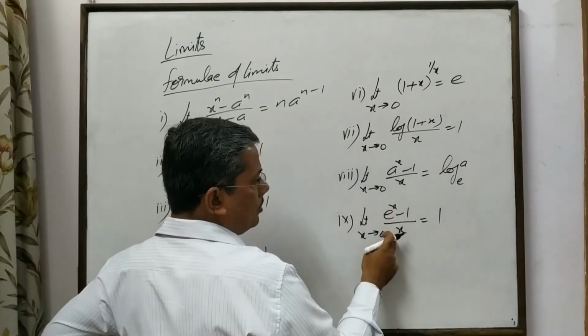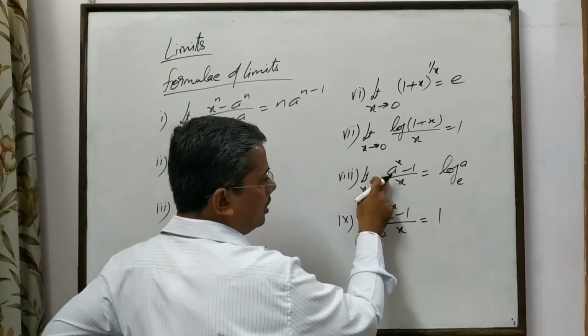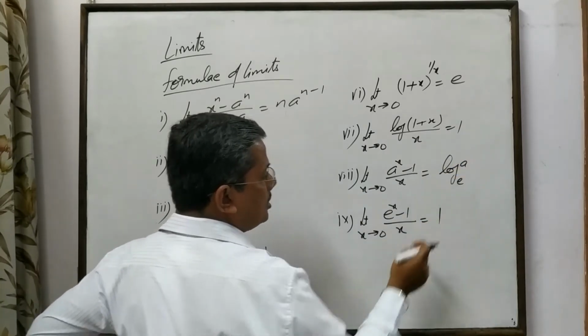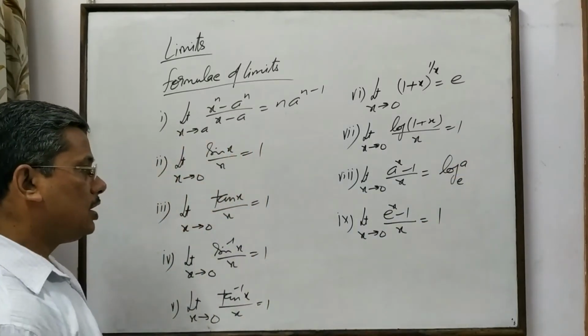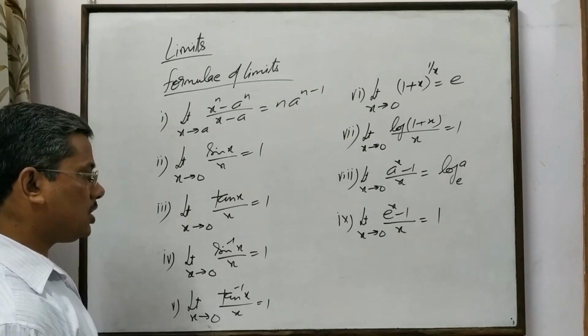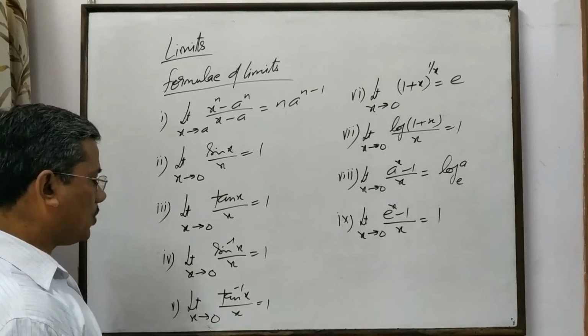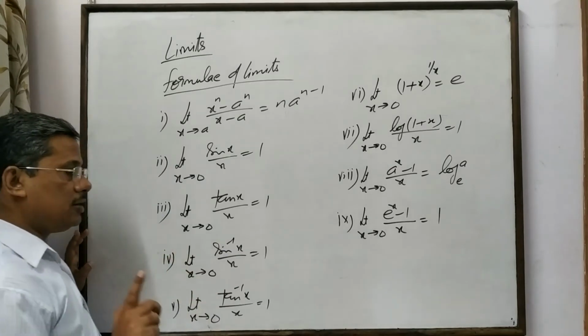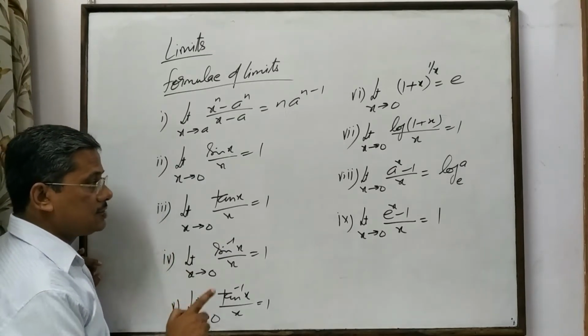This is the same formula. You can substitute a with e, so you will have log e to the base e. Log e to the base e is 1. So that's why limit x tends to 0, e raised to power x minus 1 upon x is equal to 1. In all these formulae, what you need to take care is the angle